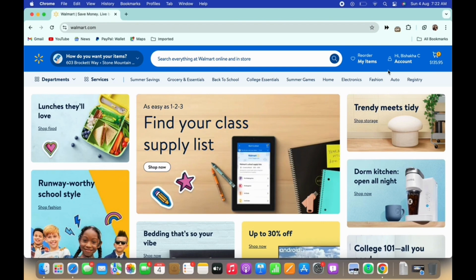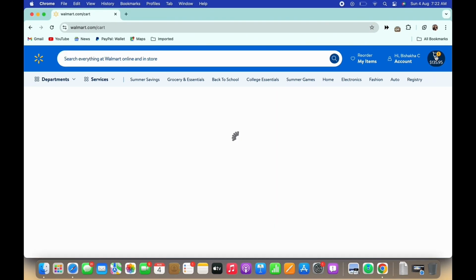Now, to use your promo code, you need to have a few items in your cart. So, go ahead and scroll through and add a few items in your cart. I have a few items on my cart already, so I will simply tap on my cart from the right